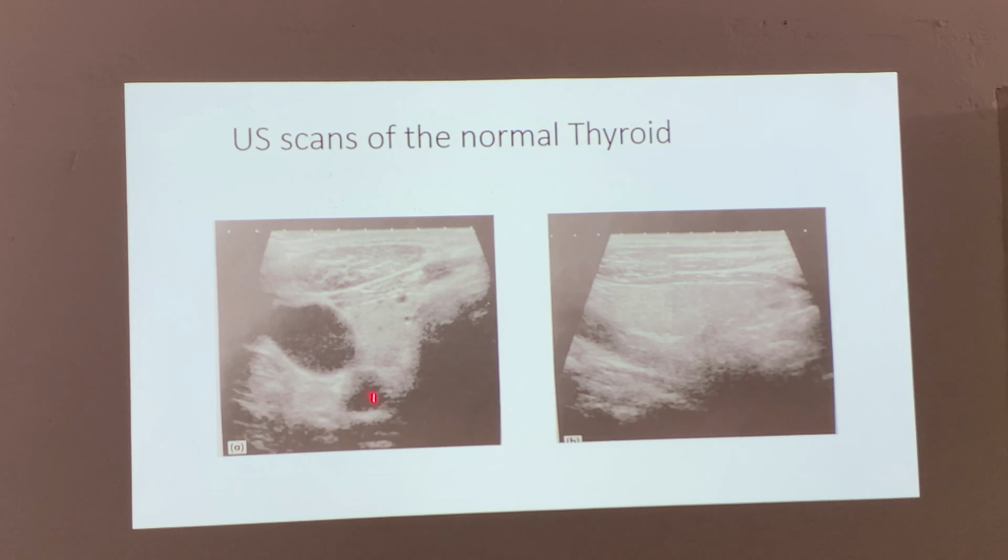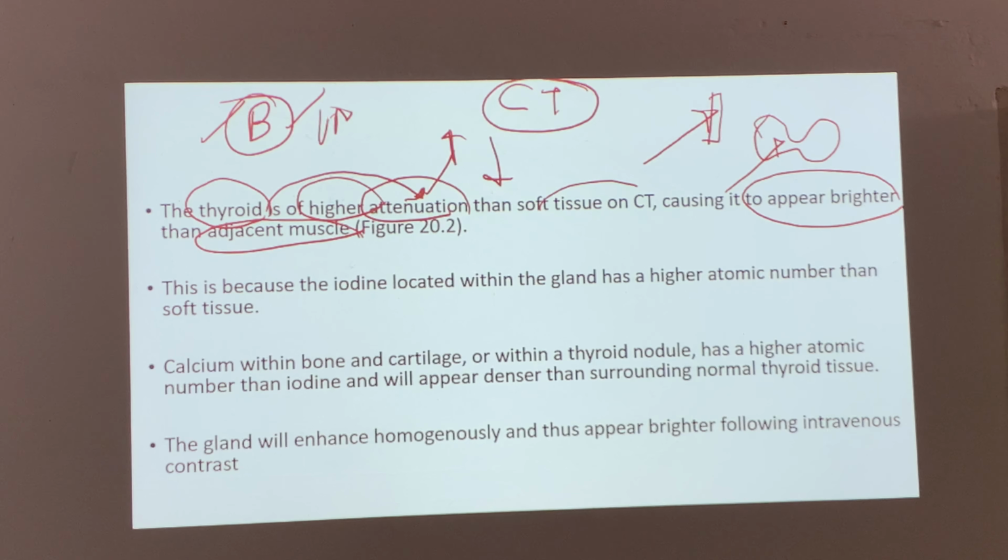If you take bone, it is the most attenuating structure that is present. For example, the vertebrae will be the most white color, as you could see in the CT scan. Next, if you take the thyroid, the next whitest will be the thyroid gland. First will be the bone, next the whitest is the thyroid gland, according to this statement. And the least will be the muscle, which is not able to attenuate that much.